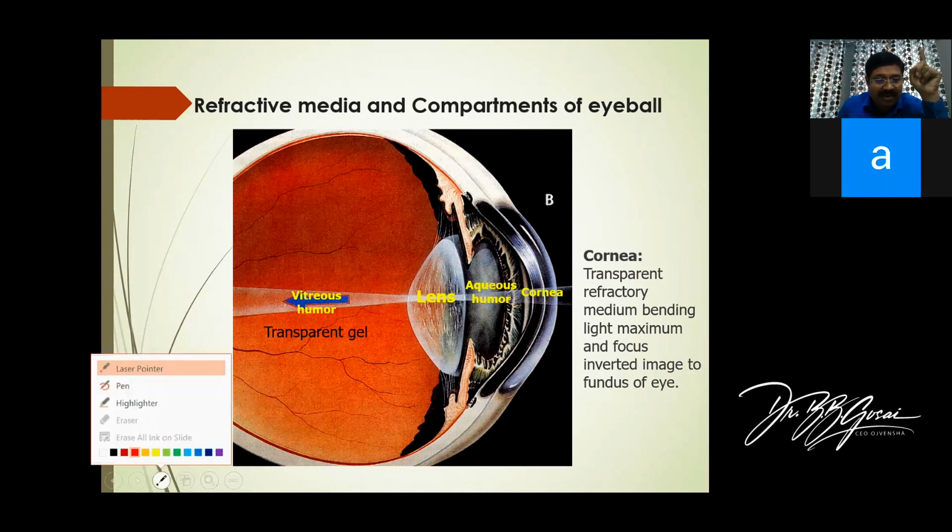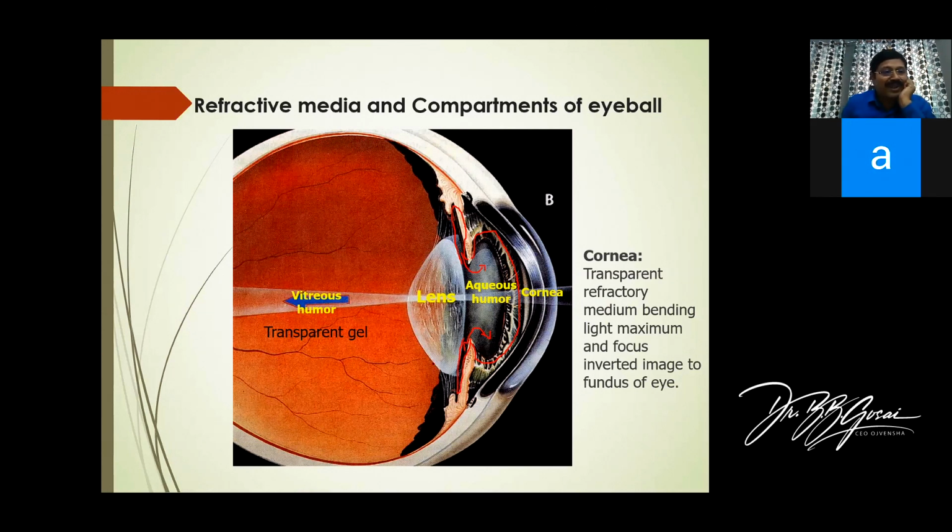I can draw here so that it is easier for you. So this is the iris. This part is the anterior chamber and this part is the posterior chamber. As I mentioned, the anterior chamber and posterior chamber are continuous at the slit-like gap between the iris and the lens. That's how the fluid will pass. So this is about the two chambers of the anterior segment of the eye.